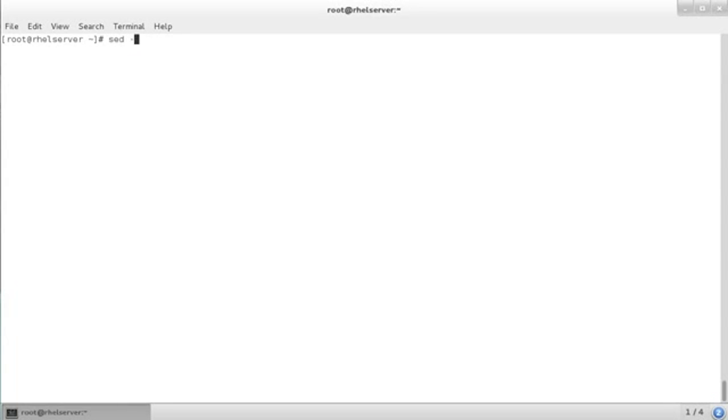Then I can use sed -i for in-place editing, and then I put the string, which is the operation that I want sed to be doing. So s for substitute, the old text is the text to be replaced, the new text is the text to replace it with, and make that a global substitution as well. Oops, and it's telling me that we don't have any input file. So just type the name of the input file that you want to be using,